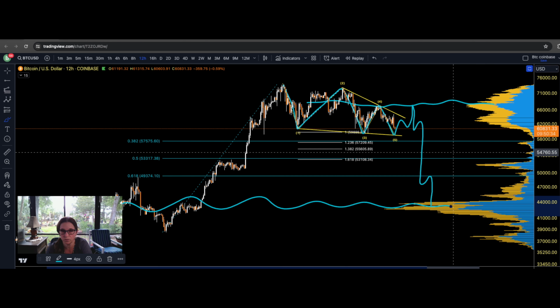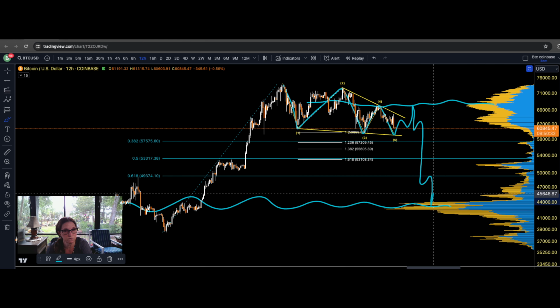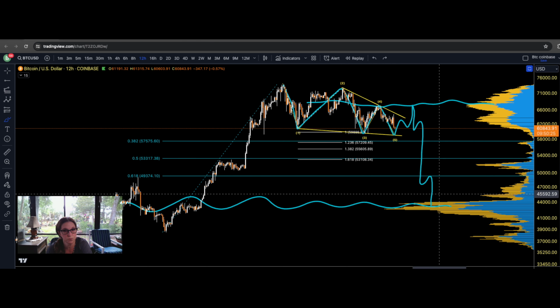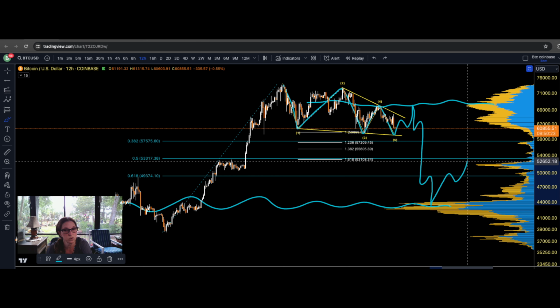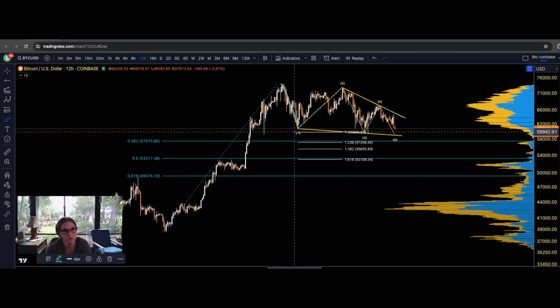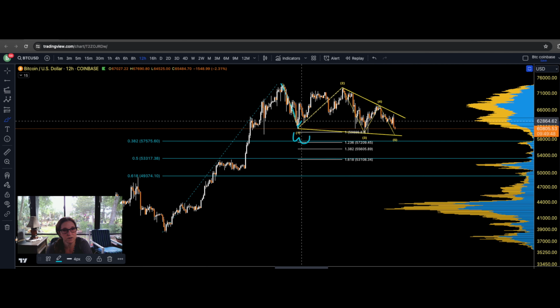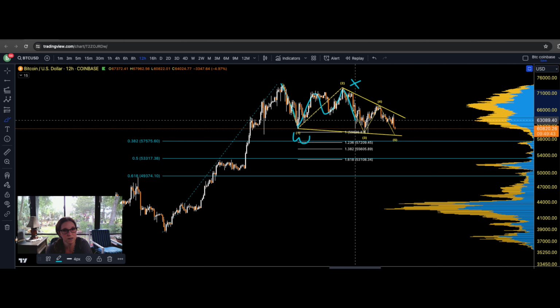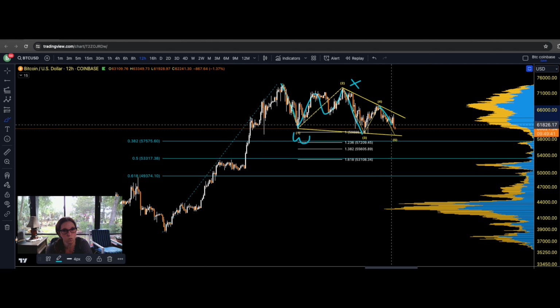Now, at this point, we would have to see what Bitcoin does. Does it V-shape recover and take itself right out of here? That is what we would need to see. If it were to put a connector here, that would be very bearish. What we need Bitcoin to do is turn this correction into a WXY, where this wave to the downside was a W, this wave to the upside was an X, and currently it's giving this leg a partner to make a Y wave.